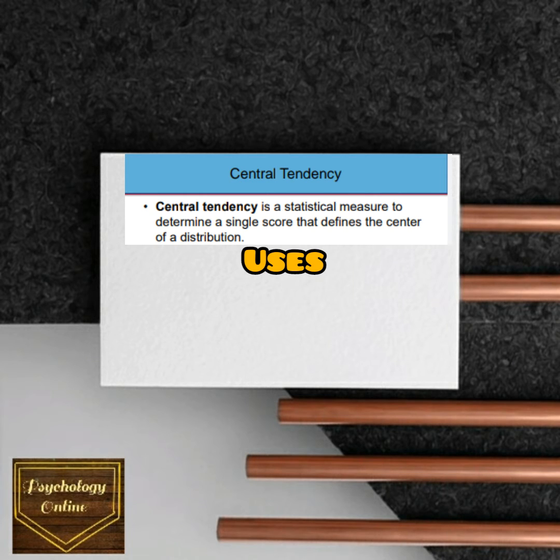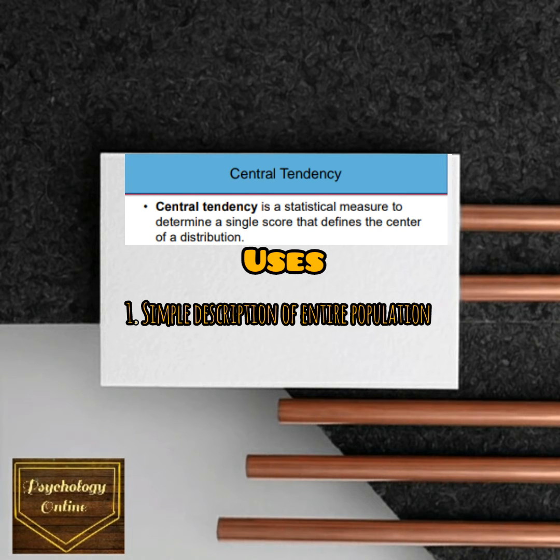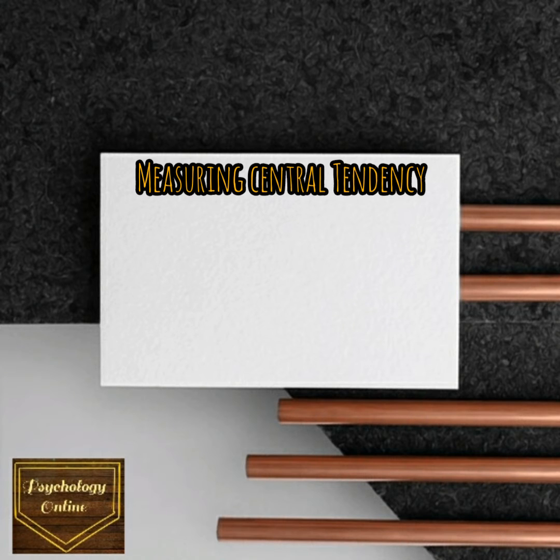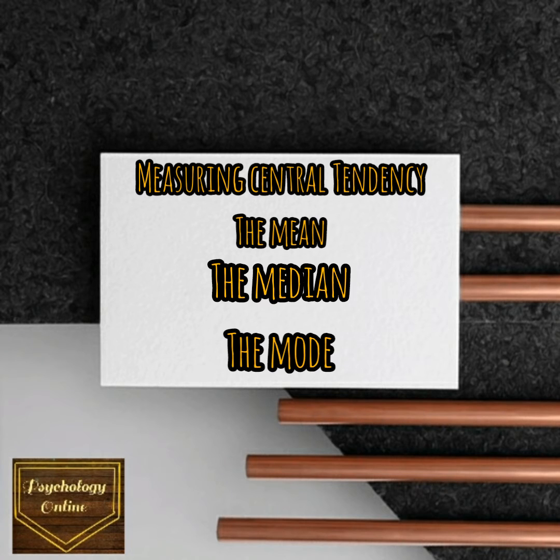First one is, it can be used to provide a simple description of an entire population or sample. Secondly, it is useful for making comparison between groups of individuals and sets of data. Now let's see the standards of measuring central tendency. There is no single standard actually or single procedure for measuring central tendency. So to deal with this problem, statisticians have developed three different methods for measuring central tendency: the mean, the median